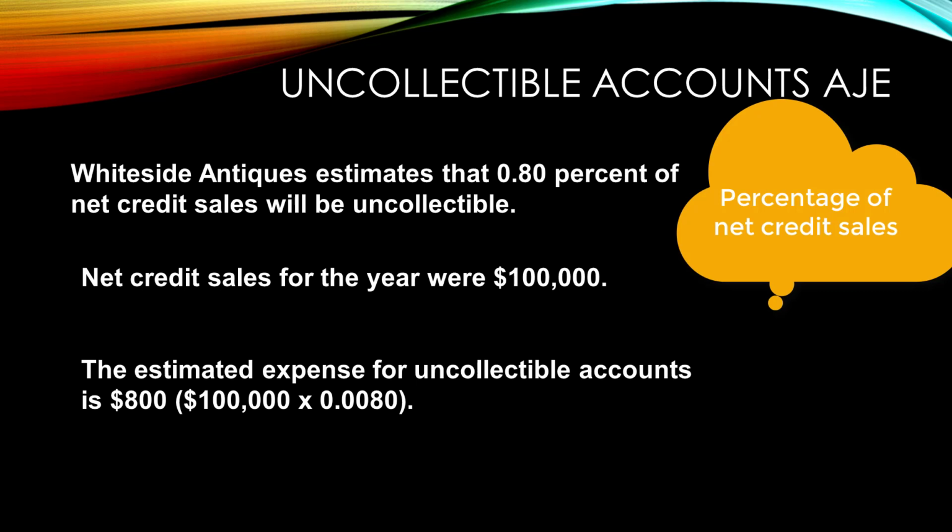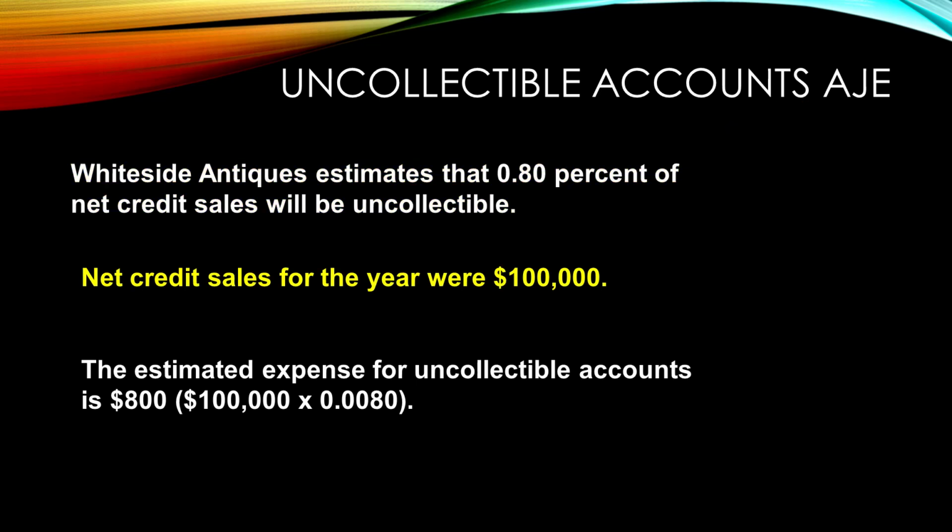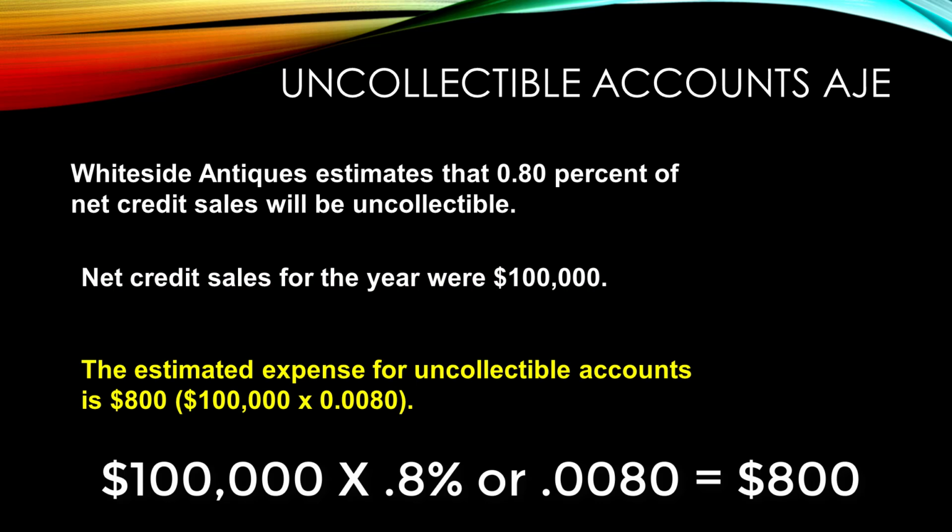In this case, the company estimates that 4/5 of 1%, or 0.80% of net credit sales will be uncollectible. Since the net credit sales for the year were $100,000, the estimated expense for uncollectible accounts is $800, or $100,000 times 0.8%, or